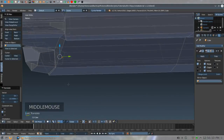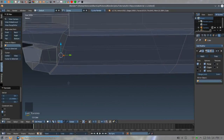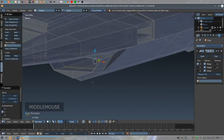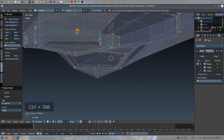Like that. And then if you go in here, yes, you've got that. Bring it a little bit forward, like so. Yeah. All right, so that's that. And that will also form the basis. We're going to go to vertex mode, going to form the basis for creating that little dip from that front